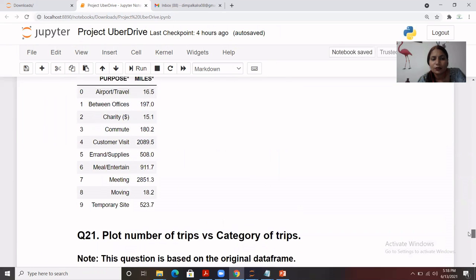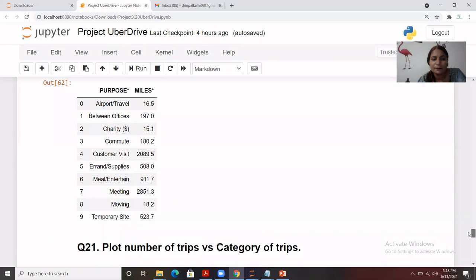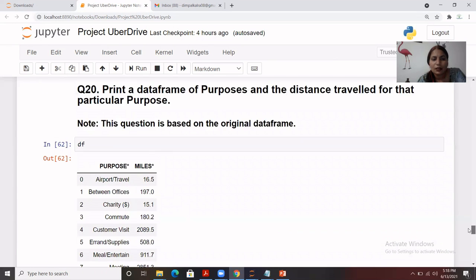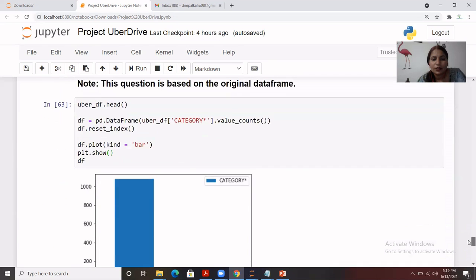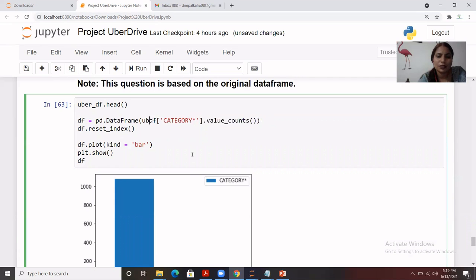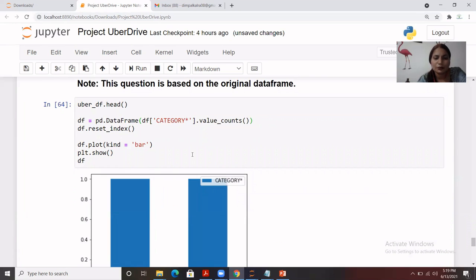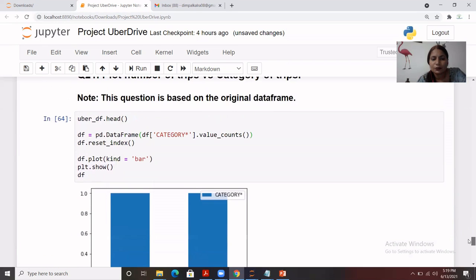Here that is for DF basically, and we have used Uber underscore DF. Let's say in case we use DF in place of Uber underscore DF, it will look something like this, which is not correct.